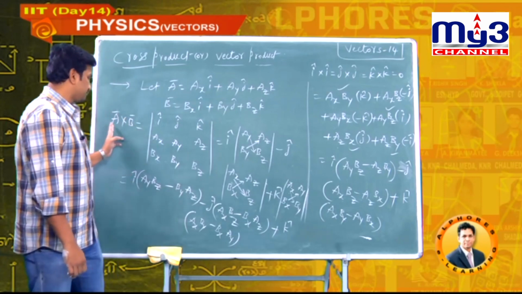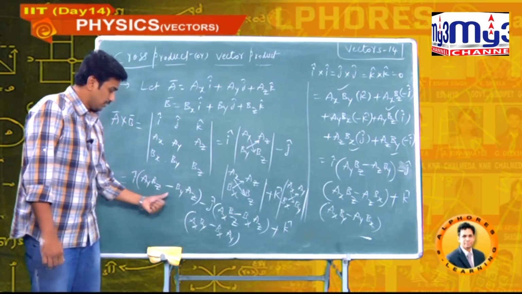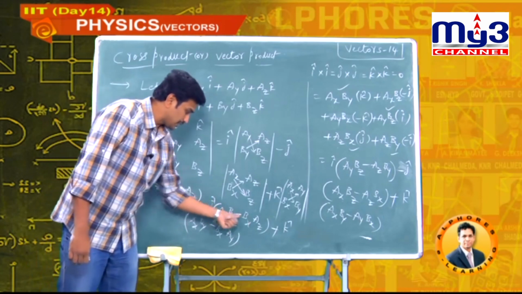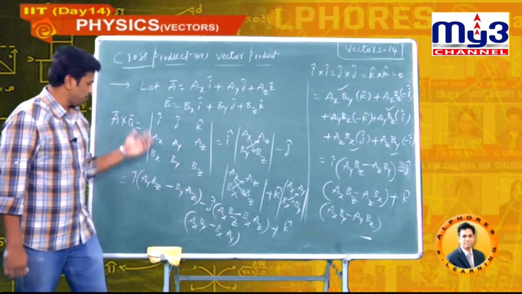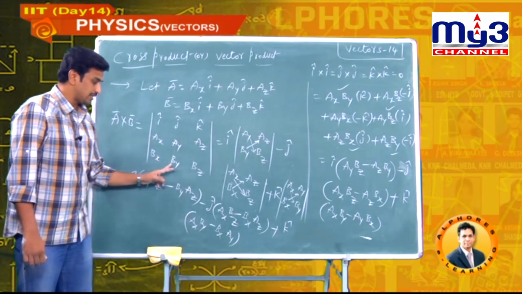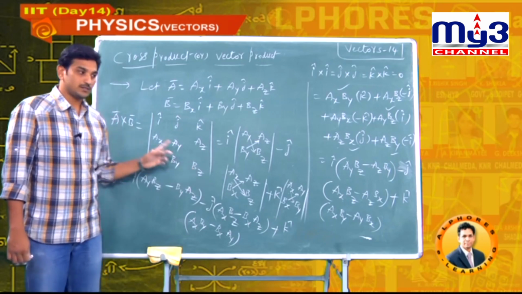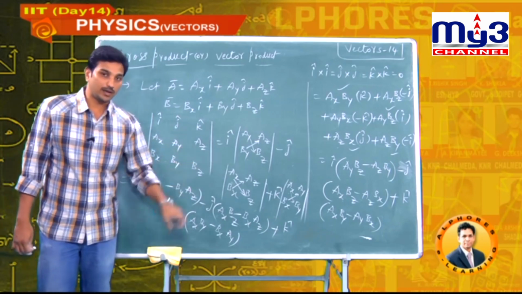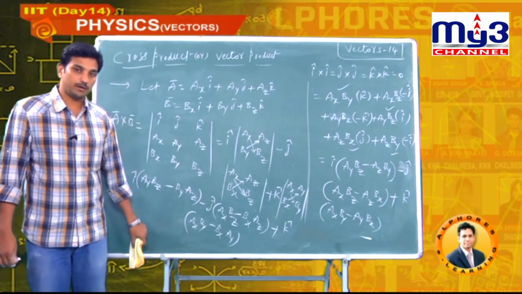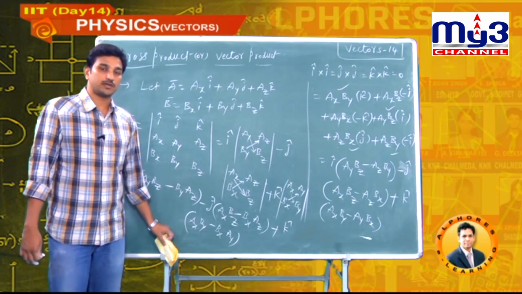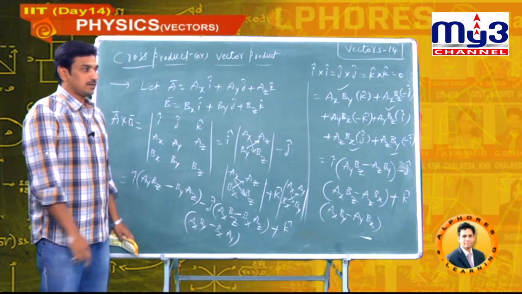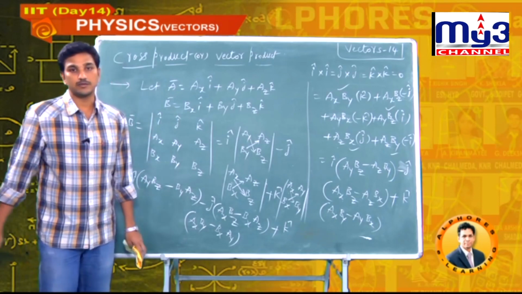Similarly, can you do B cross A? That you will get reversed. Here you will see the reverse: it will be plus, it is a minus; it will be plus, it will be minus. Same process for B cross A. First write Bx By Bz, next write Ax Ay Az, then you will get your answer. A cross B and B cross A are negatively equal, those two are not directly equal. By using the right hand rule we proved it: A cross B and B cross A are oppositely equal. Even by using this method also, we prove that A cross B and B cross A are oppositely equal.